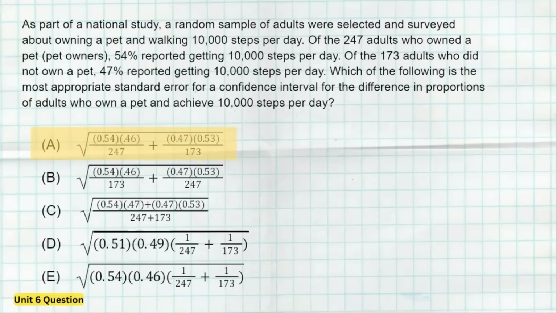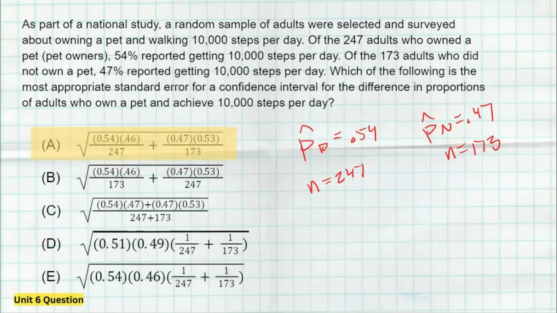Okay, so the correct answer here is A. So essentially what we have here is two sample proportions, right? The first proportion is for pet owners, and it tells us that of those 247 pet owners, 54% get over their steps. And then if we look at the non-pet owners, which was a sample of 173, it was 47%. Okay, so we're looking for the standard error for the confidence interval to try to find the true difference,